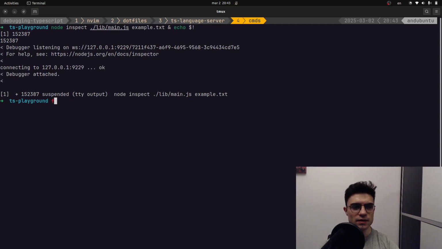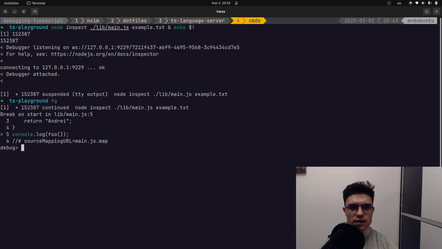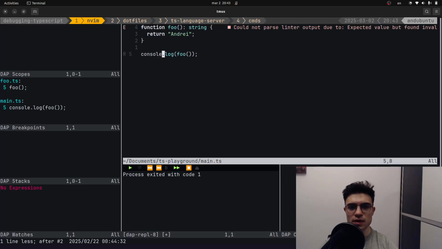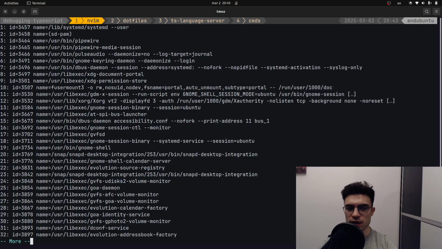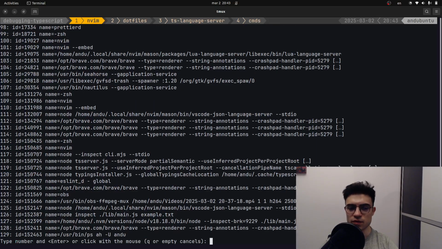you can see that the debugger has been attached. We also get a process ID, and now we're going to use that to attach to this file. So I'm going to place a breakpoint. I'm then going to select the fourth option, which is to attach to a process ID, and search for my process ID. I think it is 126. Notice that we are using the index of the process in that list, not the process ID itself, but knowing the command or even the process ID can be useful to identify the entry in this list. So by selecting this,